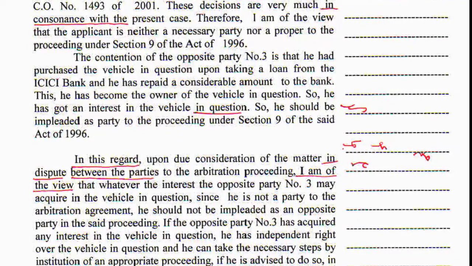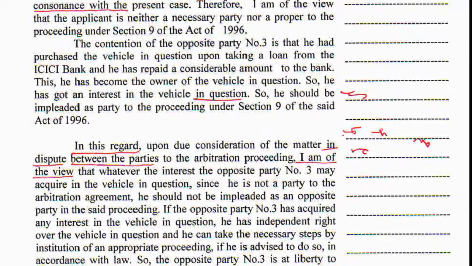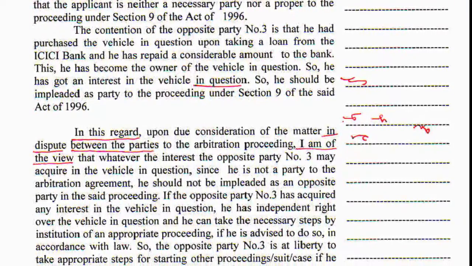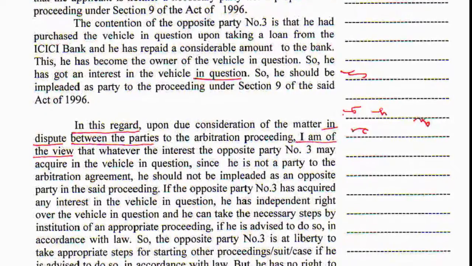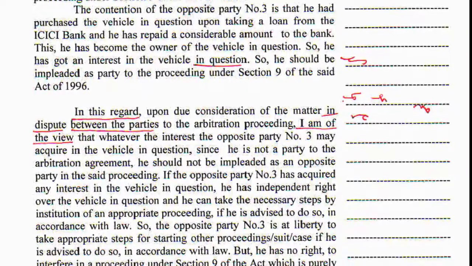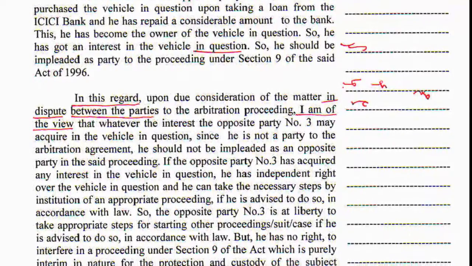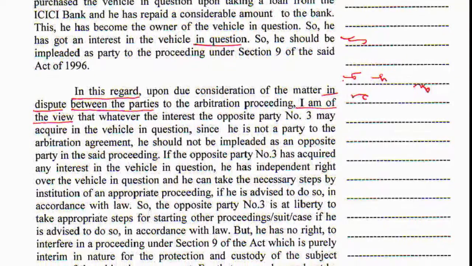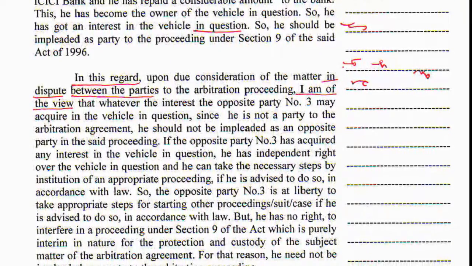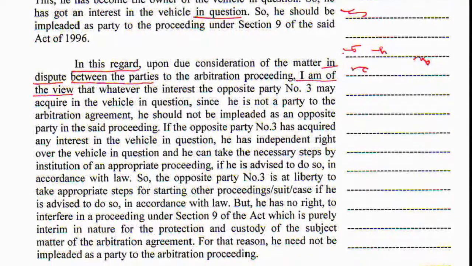am of the view that whatever the interest the opposite party number 3 may acquire in the vehicle in question, since he is not a party to the arbitration agreement, he should not be impleaded as an opposite party in the said proceeding. If the opposite party number 3 has acquired any interest in the vehicle in question, he has independent right over the vehicle in question, and he can take the necessary steps by institution of an appropriate proceeding. If he is advised to do so in accordance with law, so the opposite party number 3 is at liberty